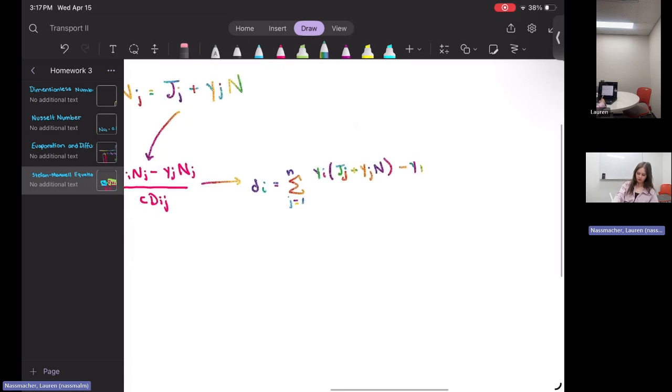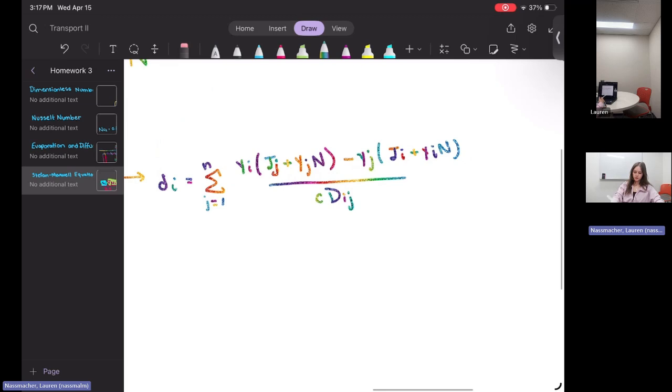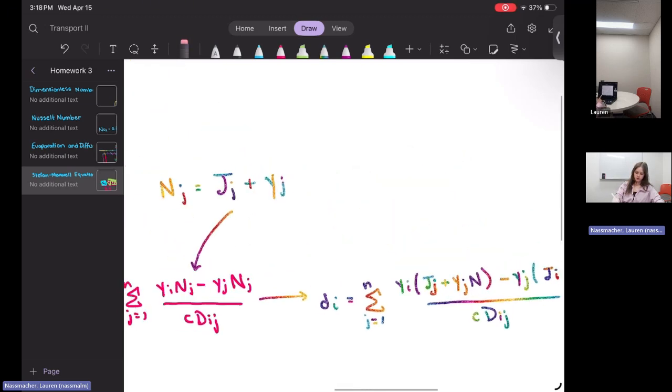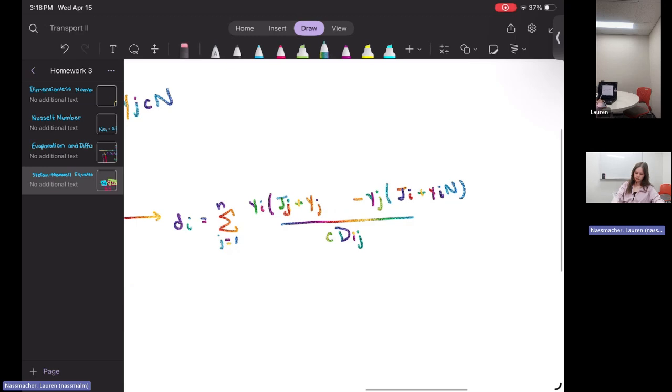Put that over here, but in terms of I, all over concentration times our diffusive coefficient. We also want to relate concentration into this problem. So we realize that we just put concentration right there into our equation, plug it back into the Stefan-Maxwell equation,